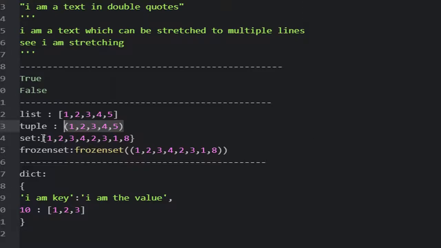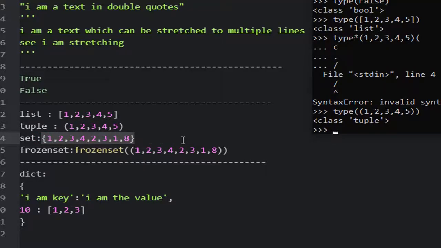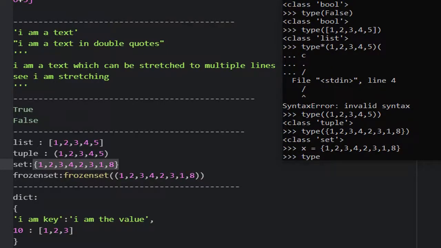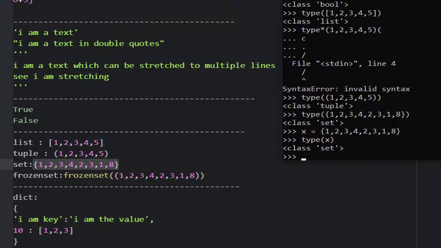Next we have a set. Let's see, is it a set or not? Type of next is a set. Also if I assign the value to a variable like this, then if I check the type of variable x, again it will be set.